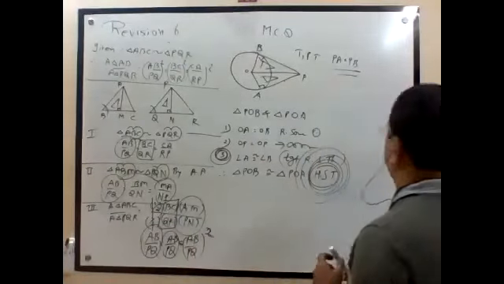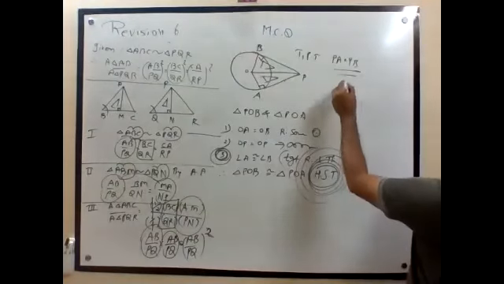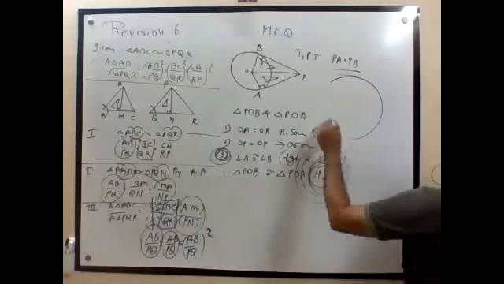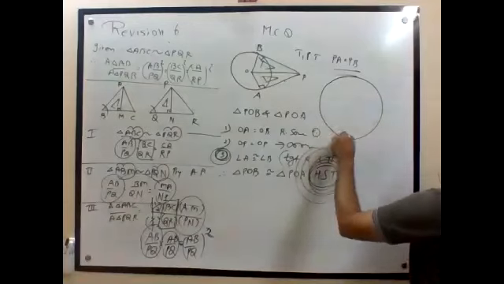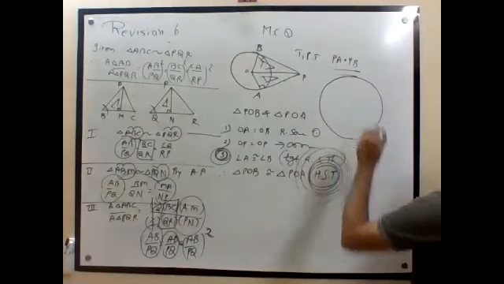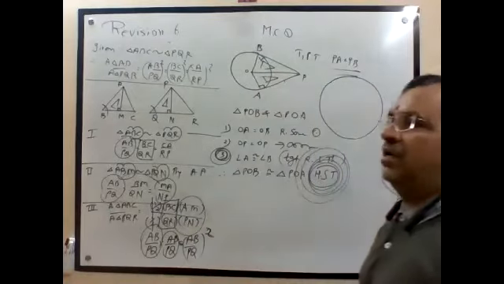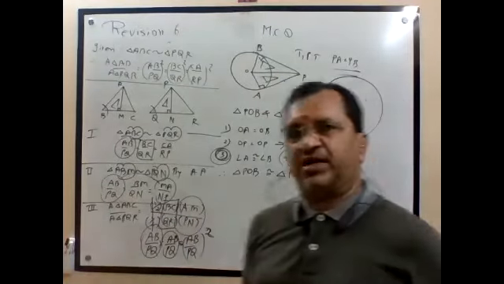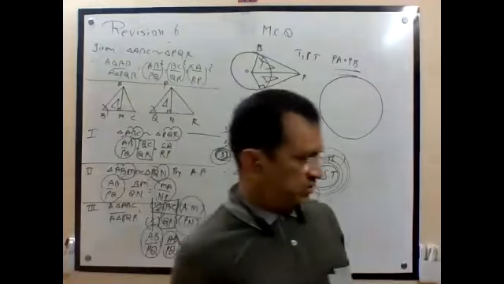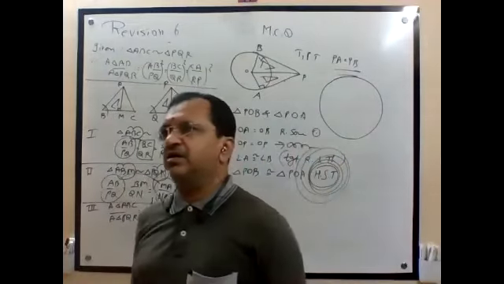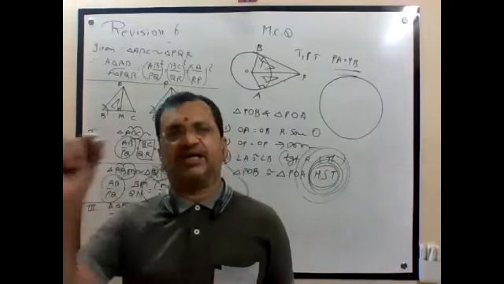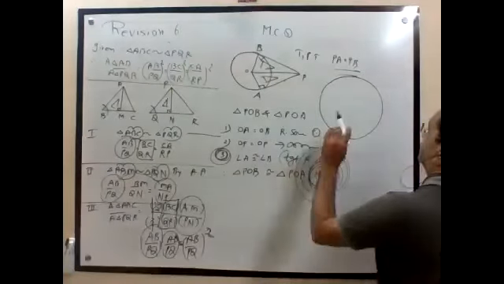Next, cyclic. Very, very important. First of all, what is a cyclic quadrilateral? A quadrilateral whose all vertices are on a circle. The first 4 points